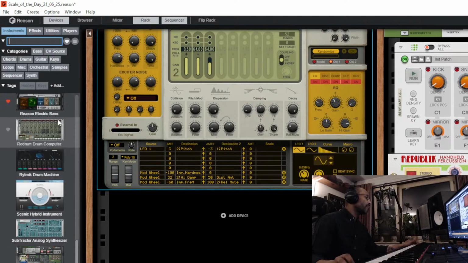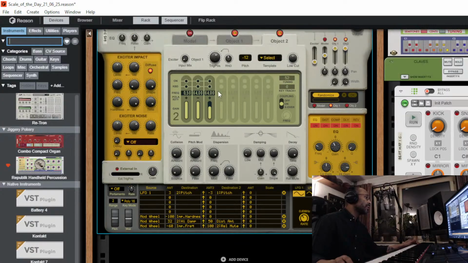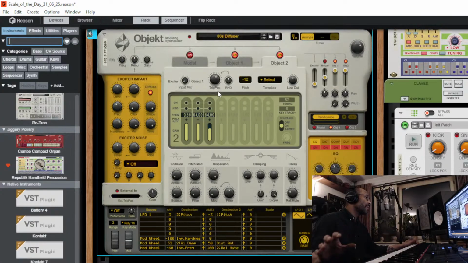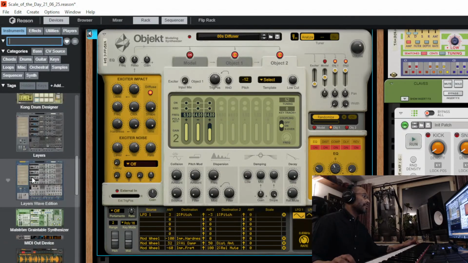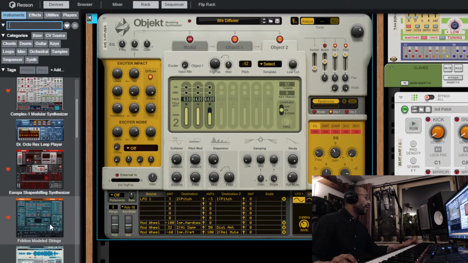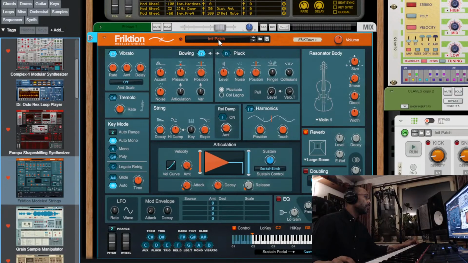Reason does have one native physical modeling unit, similar to Object, but it is better suited for strings. It's called Friction, and it's amazing. It's really, really great. Before I started using